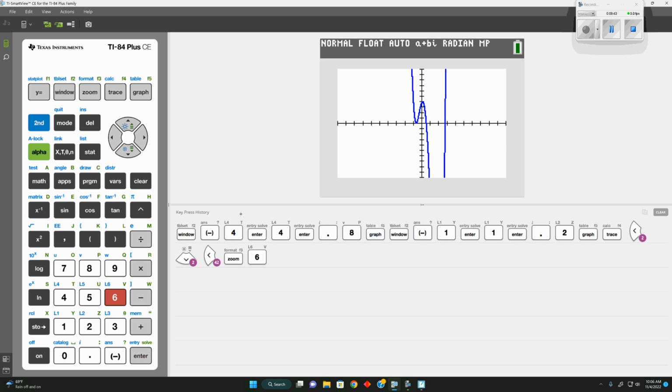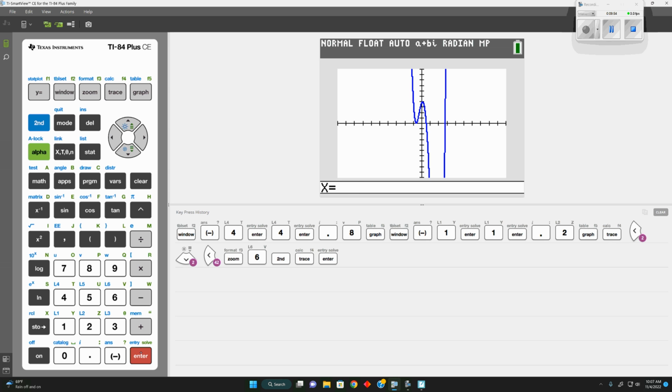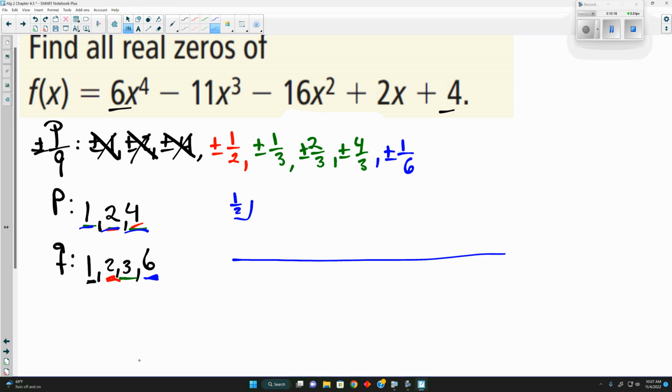Now, we can do this by synthetic division, or we can use the calculator, because we can go second trace. And the first one is value. And if we select this and say 1 divided by 2, 1/2, and hit enter, we get a y value of, yeah, we have to put it in. So we get a y value of 0. What that tells us is that 1/2 is a solution. It works. So that's helpful because when we come back over here, 6, negative 11, negative 16, 2, and 4,